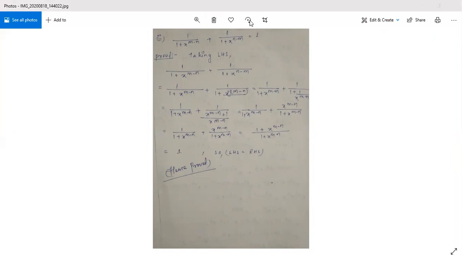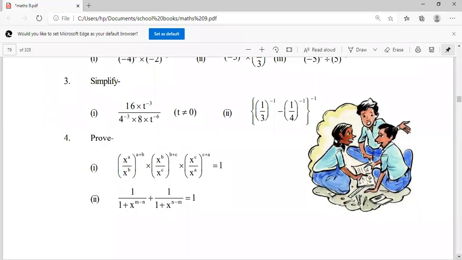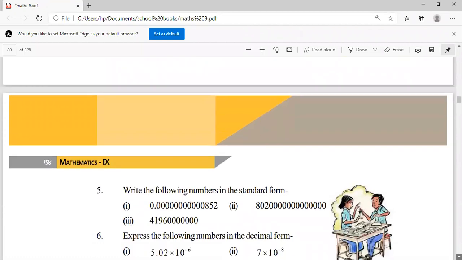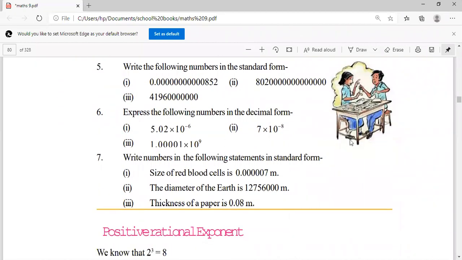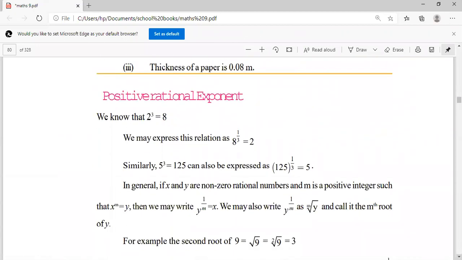Okay, now let us go on to your book once again। so in this way your first exercise is completed। In this the further one also you can solve, you have to complete your complete exercise now, the exercise number 3.1।